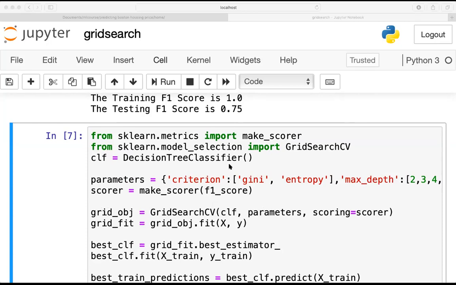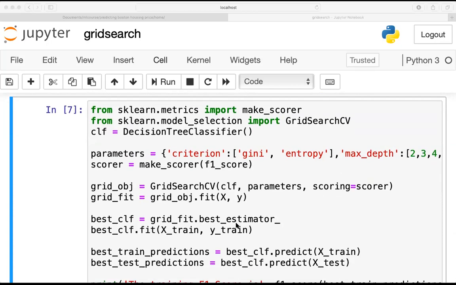Now I have fitted with the x and y values here. Now I will find the best estimator using the best estimator function.